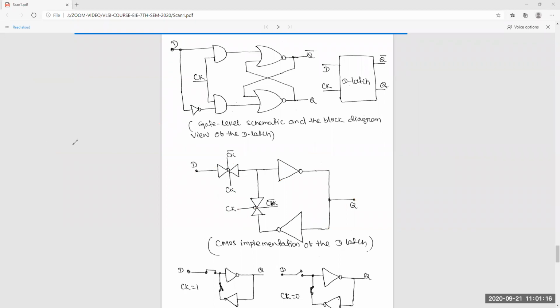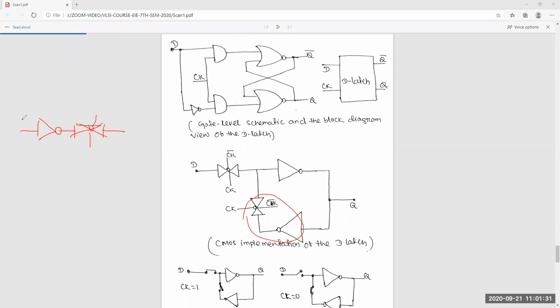So instead of this part, what is this? This is an inverter and this is a transmission gate. Suppose you are giving D, depending upon the clock or clock bar, you are getting this value.